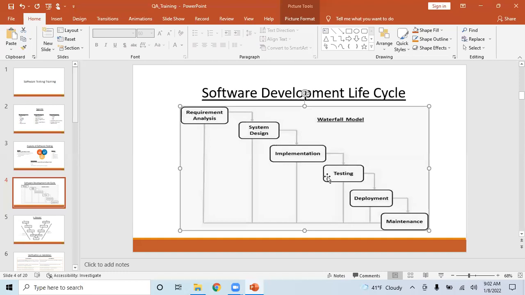There is always a misconception, if you're new to testing, that testers will be involved only during testing. No, testers will be involved during all the phases, but testers will have a different kind of goal in each phase. The goal in the requirement phase for a tester is to understand what the customer is asking, right? And the goal of the testing phase is to check whether the developer has developed what the customer asked, right?